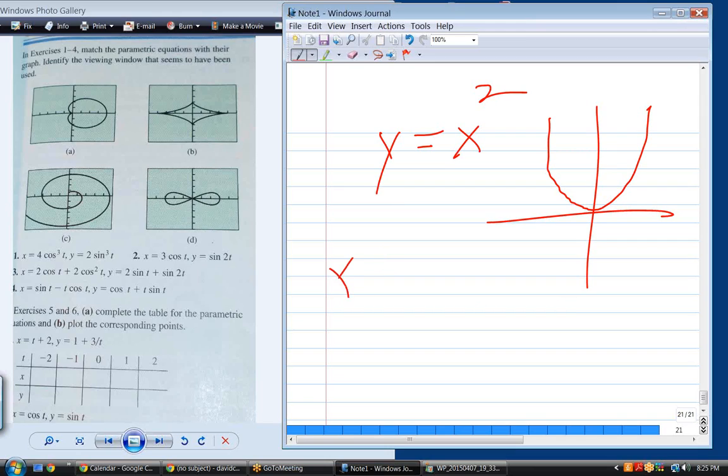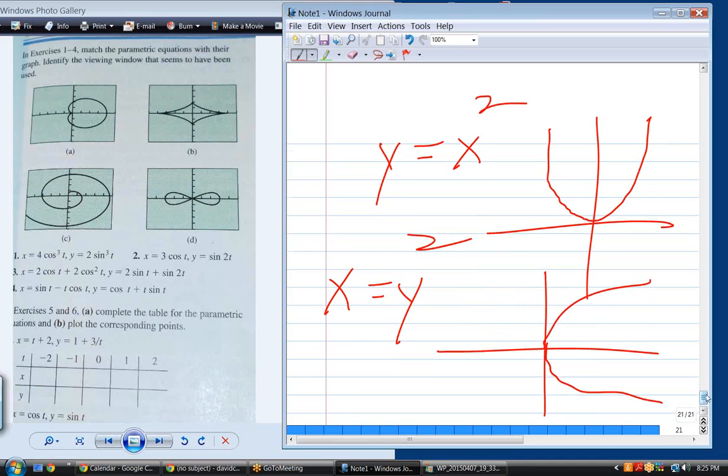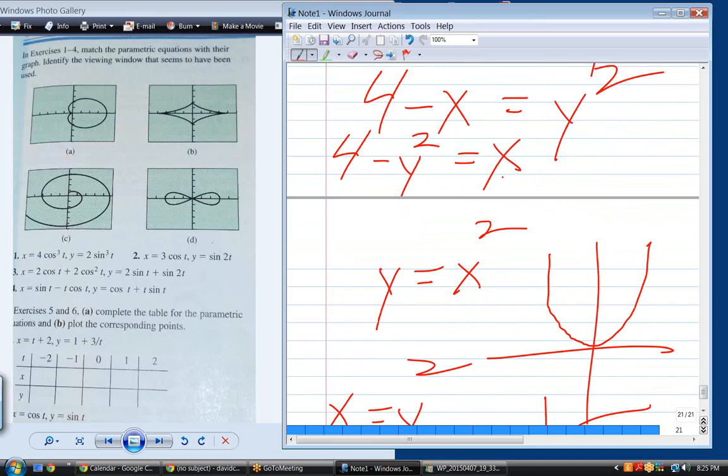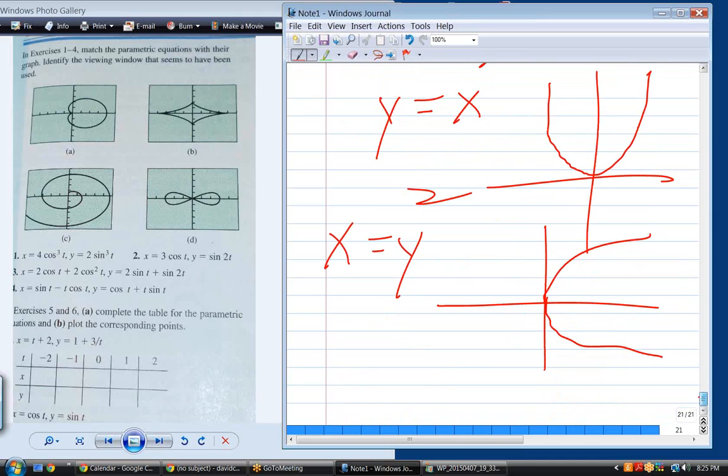When you have x equal y squared, instead of y equal x squared, that's a horizontal parabola. So x equal y squared would be this parabola. Well, the parabola we're looking at is x equal minus y squared plus 4. So instead of opening to the right, it's going to open to the left because of the minus sign. And the plus 4 means it's moved